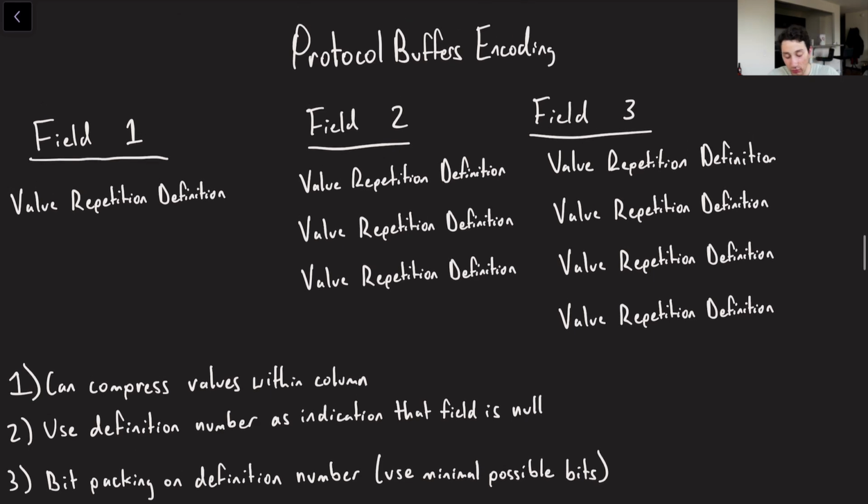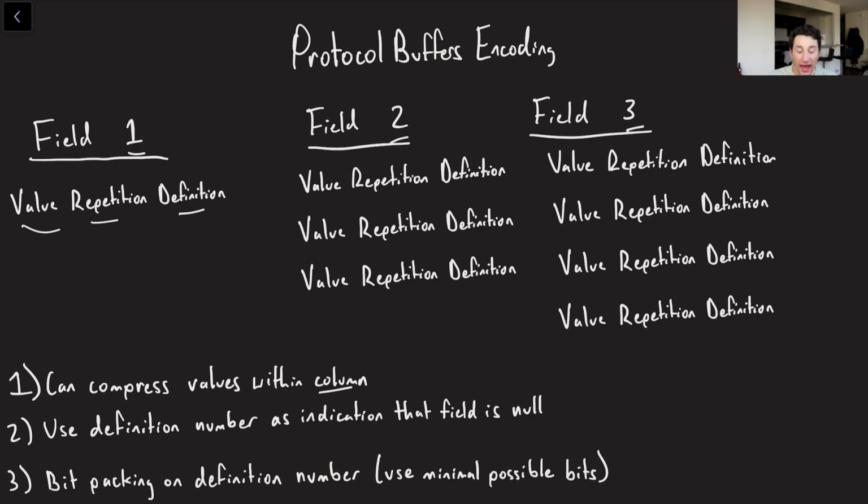Cool. So ultimately, what is this going to build us out? Well, let's say we've got some field 1, field 2, and field 3. All we're going to be doing is writing these sequentially in our column-oriented storage with their value, their repetition number, and their definition number. Now, a few small facts here to add, not overly important, but just to note. Within a column, obviously, we're doing compression as much as possible because we want to limit the amount of space that we're using. Number 2 is that our definition number is going to be used as an indication that a field is going to be null, right? So if the definition number of a field is less than what it could be at its full length, because it's an optional field and it's less than that, then the field must be null.